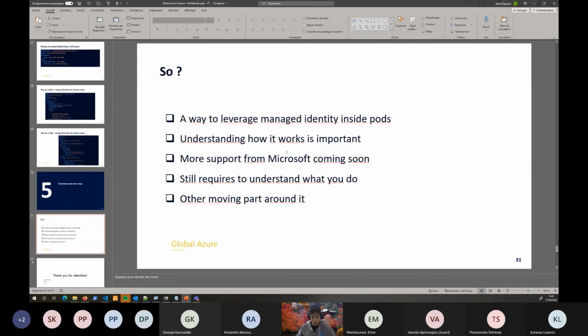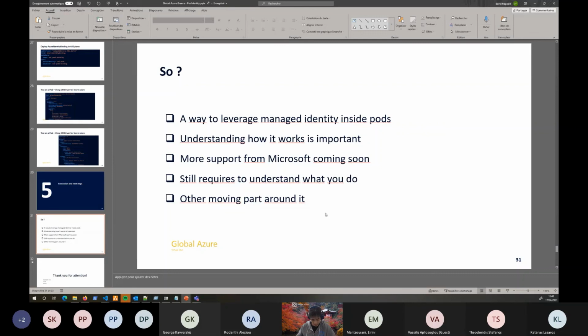So pod identity has the value to help us get around what I mentioned earlier, that even if the container is isolated from the rest of the underlying platform, we are still able to make it interact with the Azure AD IAM repository, and then grant access through Azure AD authorization to other resources.